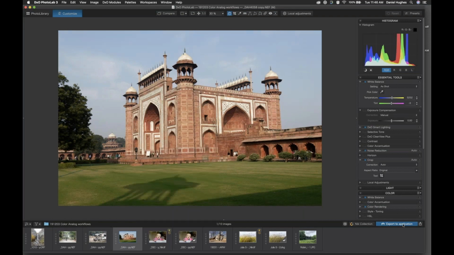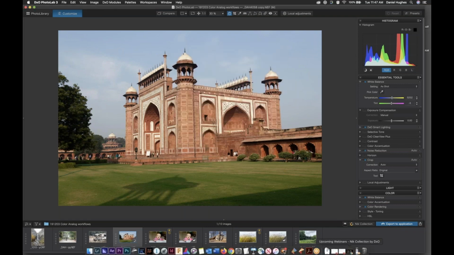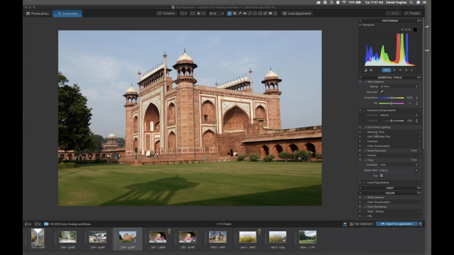another photo. I'm going to export it to an application. So in the lower right corner, click Export to Application. I want to open it into Photoshop. All of my settings look good, so I'm going to click Export. As that happens, basically what's going to happen is this raw file is going to be duplicated as a TIFF file, and then Photoshop is going to launch, and then in Photoshop we're going to have access to the Nik plugins. As that launches, I'm just going to take a quick look at our